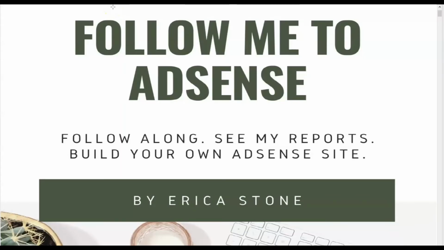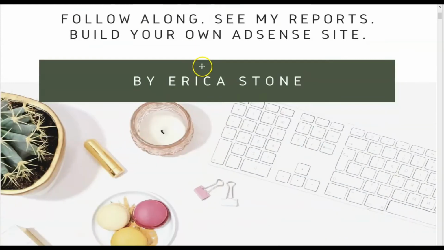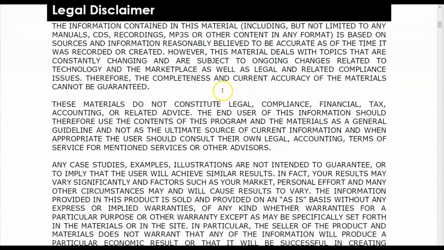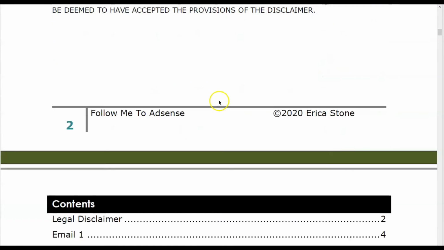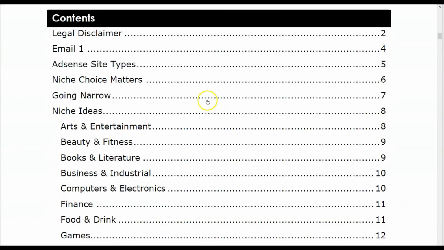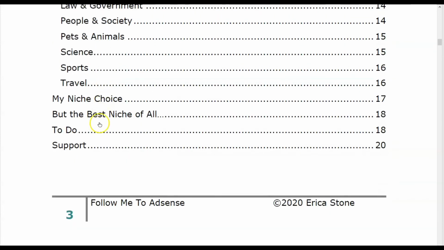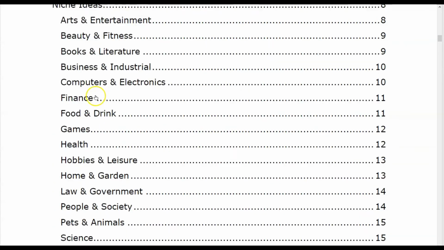So we're going to look at a couple of PDFs that are basically 2 of the 5 lessons that I've received so far. Lesson number 1, this is what they look like. Every one of them will look like this, and you can see it in the sample at the beginning. It's step-by-step instructions. You can click on the contents and it'll take you right to the niche choices, and she goes through 50 niche choices, which is really, really good.